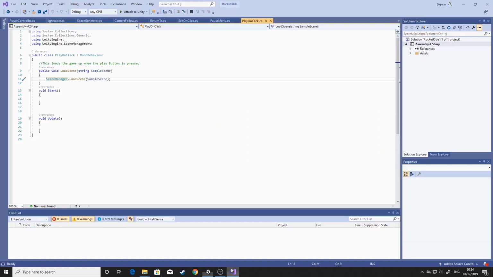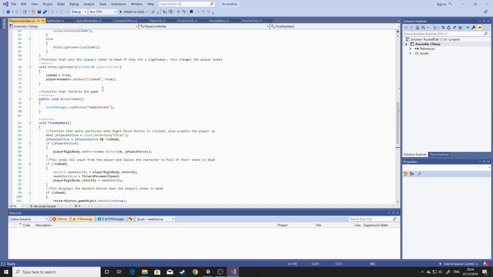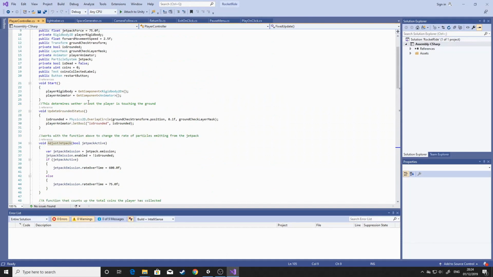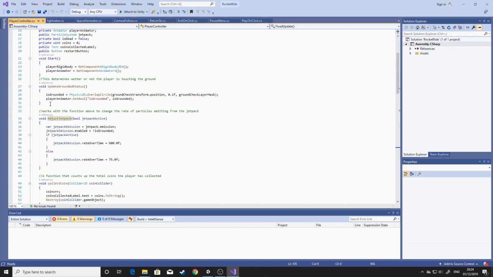So if we go into the code here, we'll start off with the player controller. The player controller code is attached to the actual player object, or the character. And this line of code here is the ground check. So what this is doing is if the player's hitbox is touching the floor of the game, then the player is titled as grounded. It's basically on the floor, and this is working in conjunction with the player animator